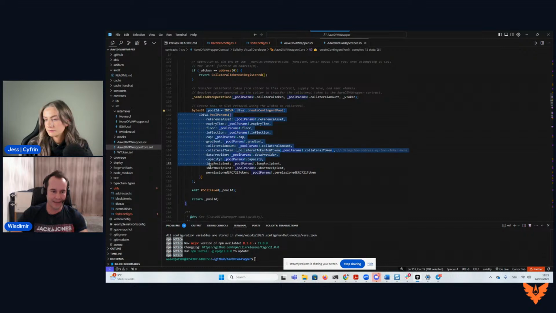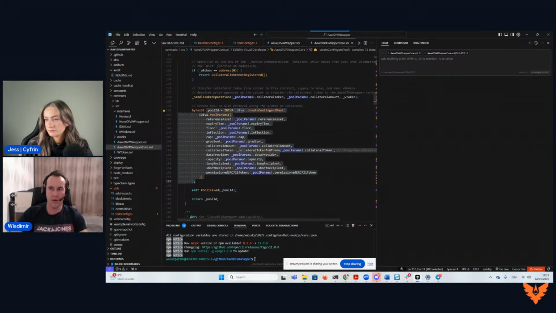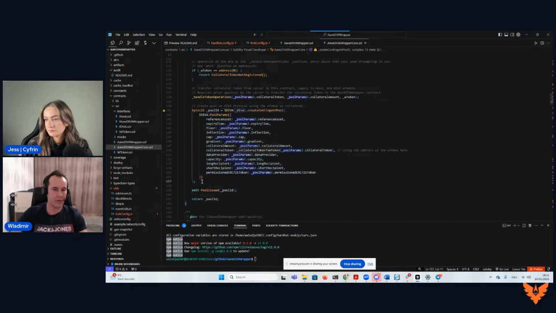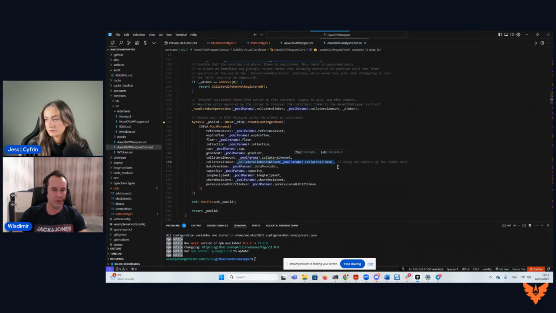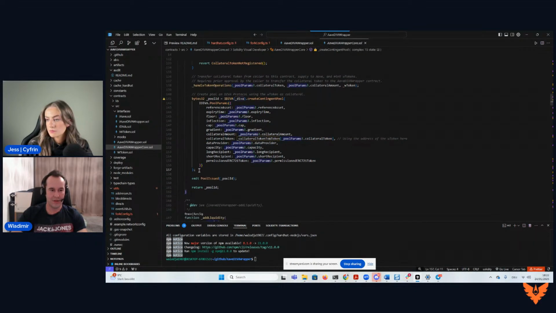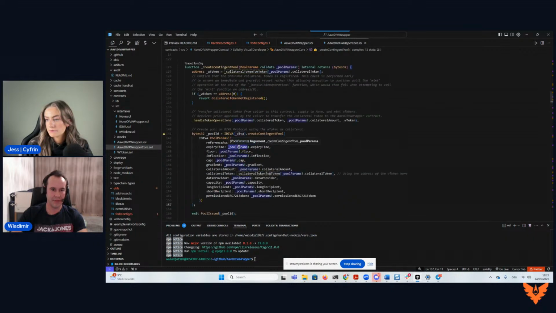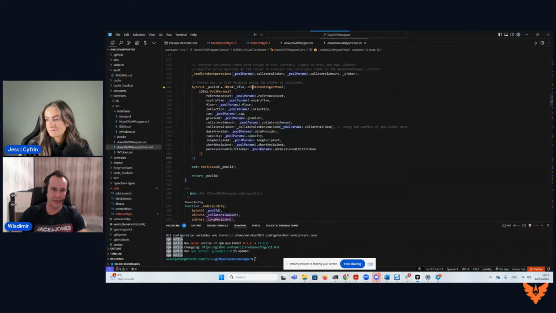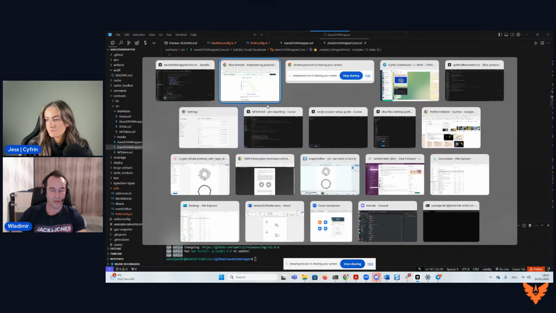Exactly. This is the same way you would create a pool when you interact with DIVA protocol directly. The only difference here is that you don't use USDC to collateralize the pool, but you use the wrapped token of that. That's the only difference. So very simple function, essentially. If you want, you can also go